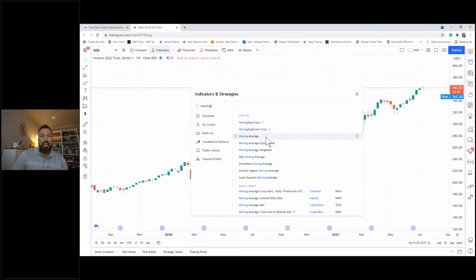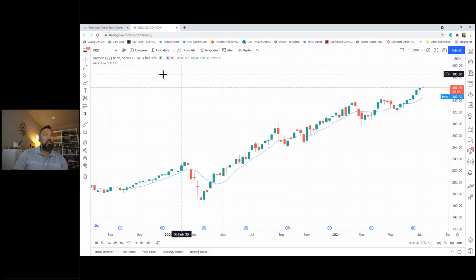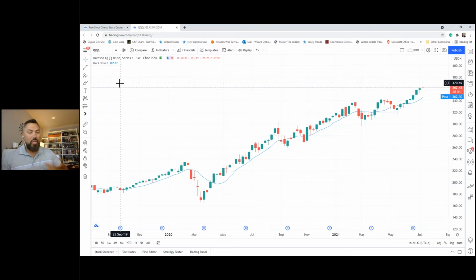So this is a simple moving average. This is not an exponential. This is nothing more than a simple moving average, and that's what it's called. In this top left corner, I added the moving average indicator, but we're going to change some of the settings here. So once you have that first indicator up, now I'm demoing this on TradingView, like I've said.